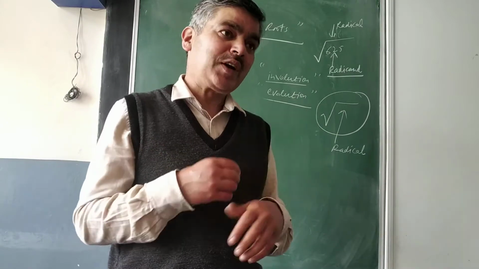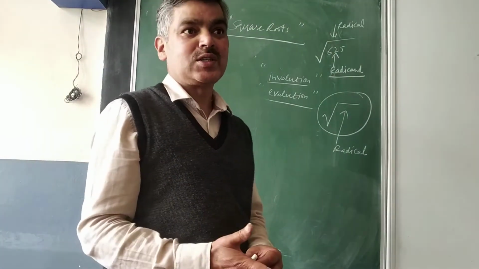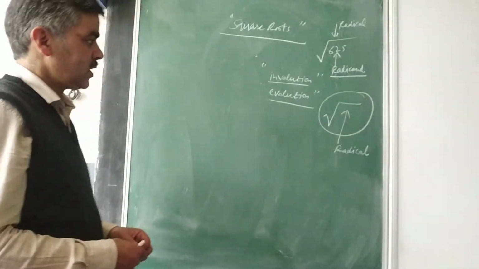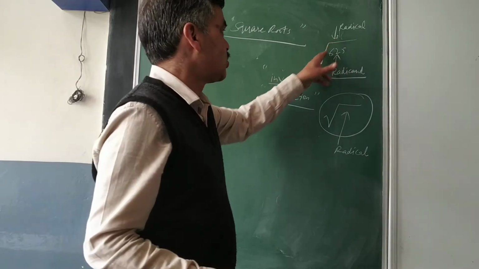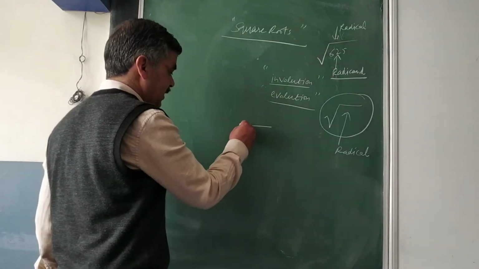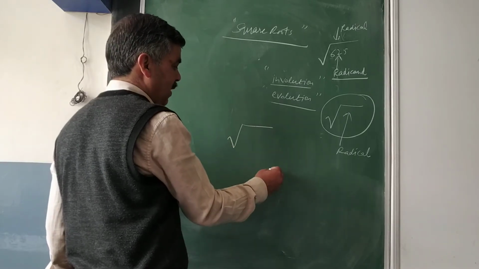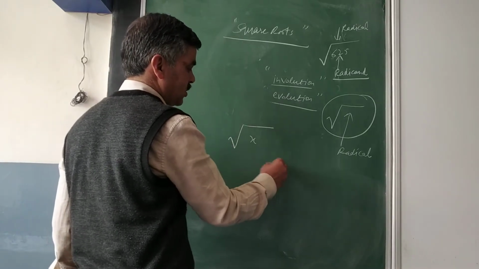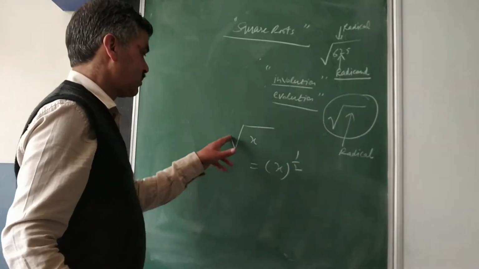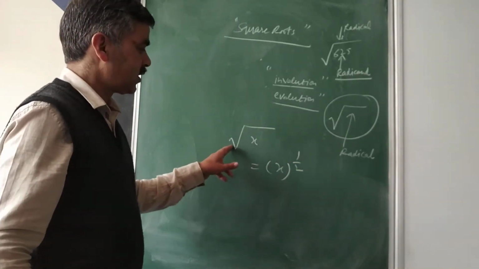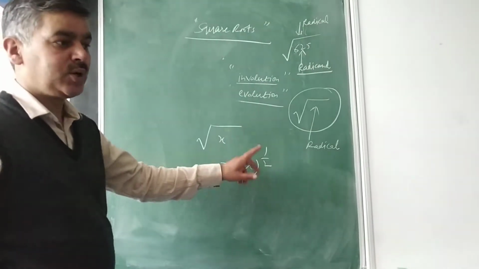You will be finding all these things very useful in your coming class, that is your 9th class or 10th class. So what is radical and what is radicand? This square root sign, when nothing is written there, this is the radical sign. Suppose here it is x. If you want to write it in terms of power, when nothing is written there, this is called a square root, and it will be replaced by the power 1 by 2.